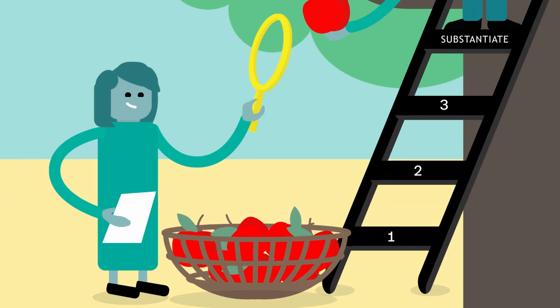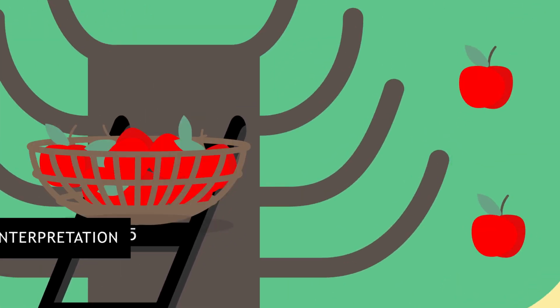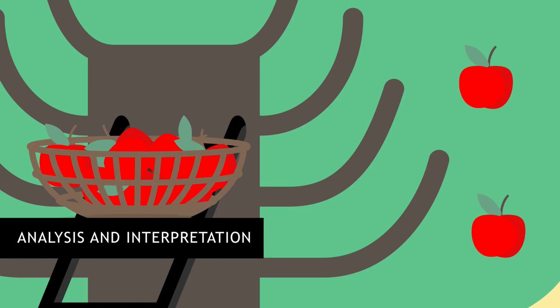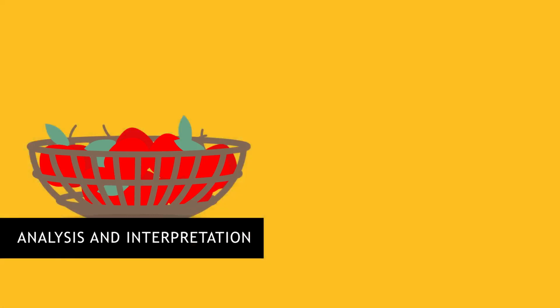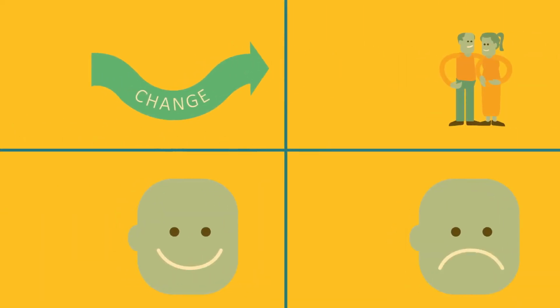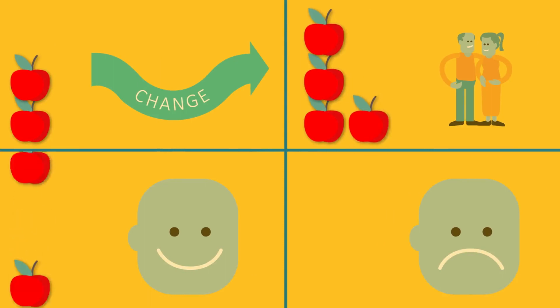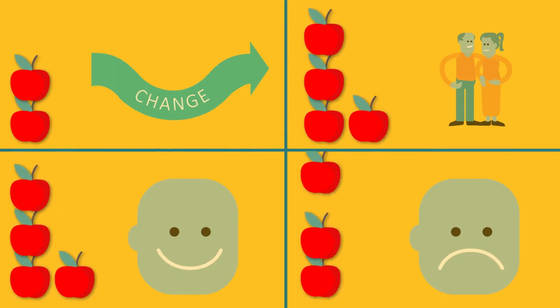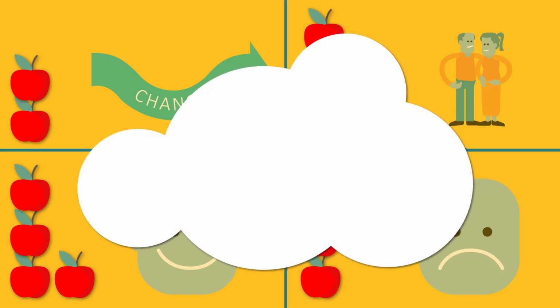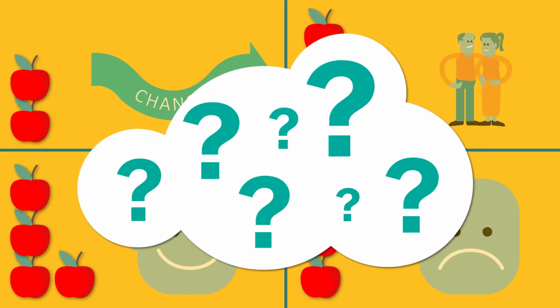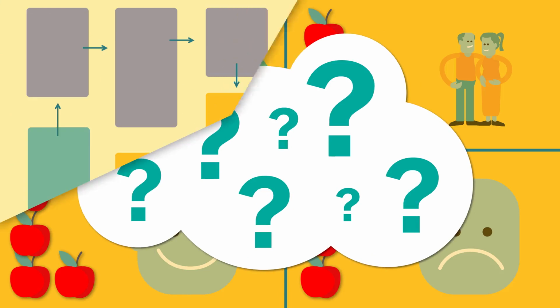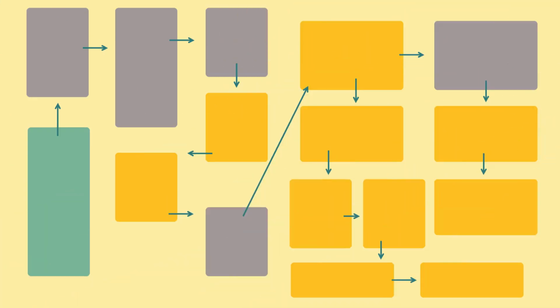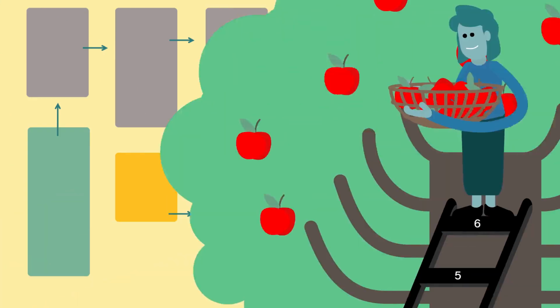The harvest has ended and you are ready for Step 5, Analysis and Interpretation. According to your organization's needs, you sort and categorize the outcomes to make sense of what changed, which actors you influenced, what worked well, and what did not work well. In other words, you answer the monitoring or evaluation questions. Often, you visually map the outcomes to identify patterns and trends.